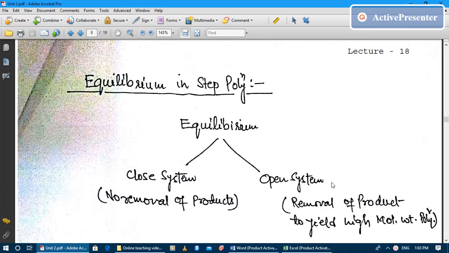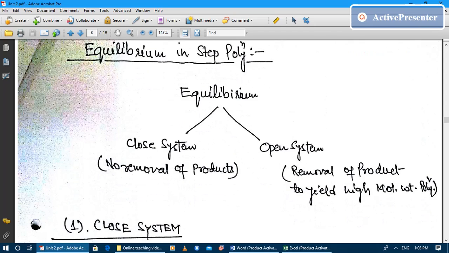As we have learned in the previous classes, in case of step polymerization or polycondensation reactions, some small molecules such as water or HCl are liberated as a condensation product, and they should be removed from the polymerization system. So if they are not removed at all, it means your system is closed, whatever product and whatever byproduct is produced,